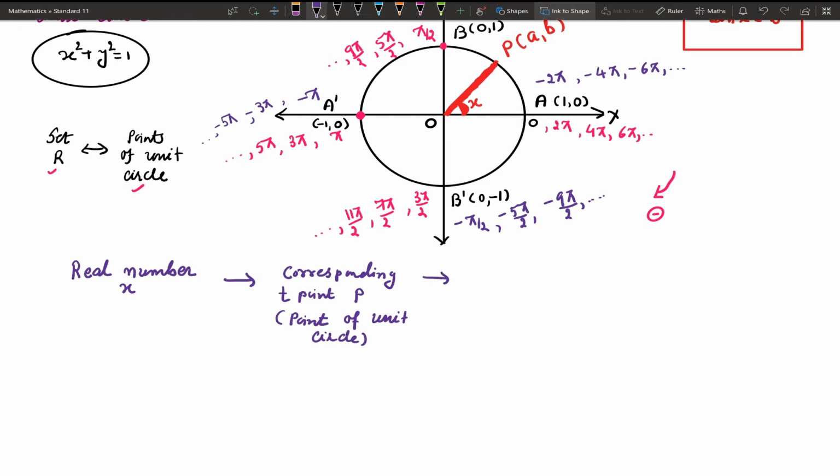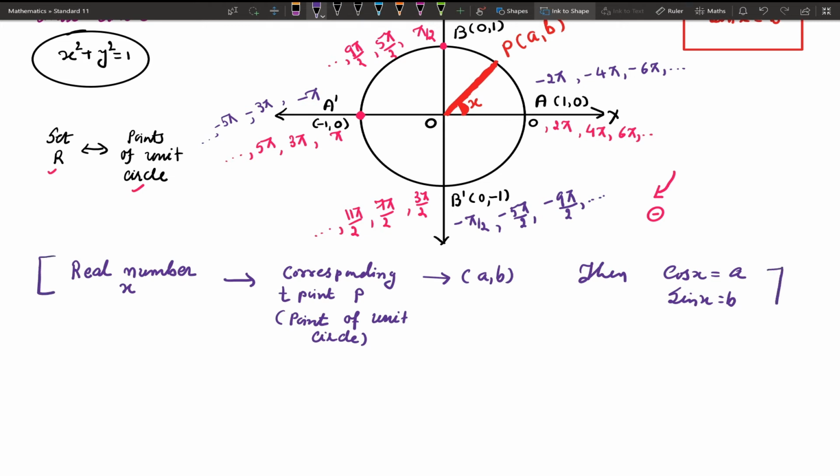And if its coordinates are a, b, then cos x equals a, sin x equals b. Cos x equals a, sin x equals b. So now you check that real number x, for example real number 0, then the corresponding T point is A (1, 0). Suppose from this basic concept